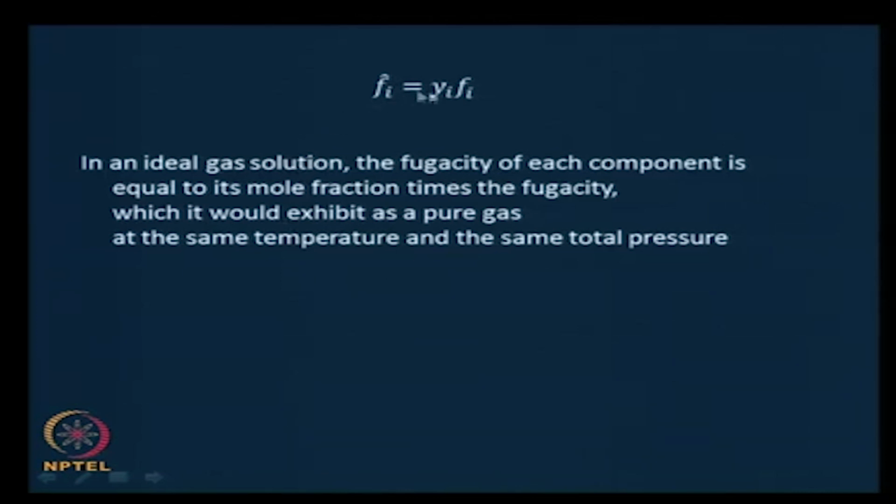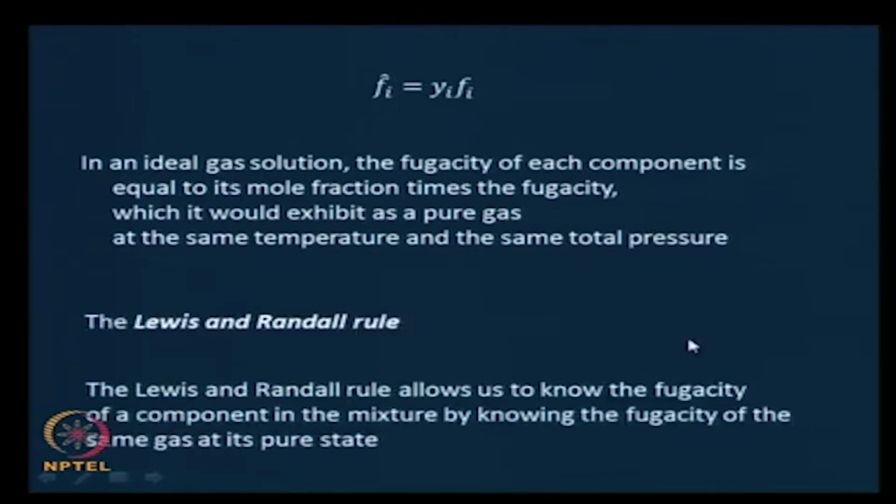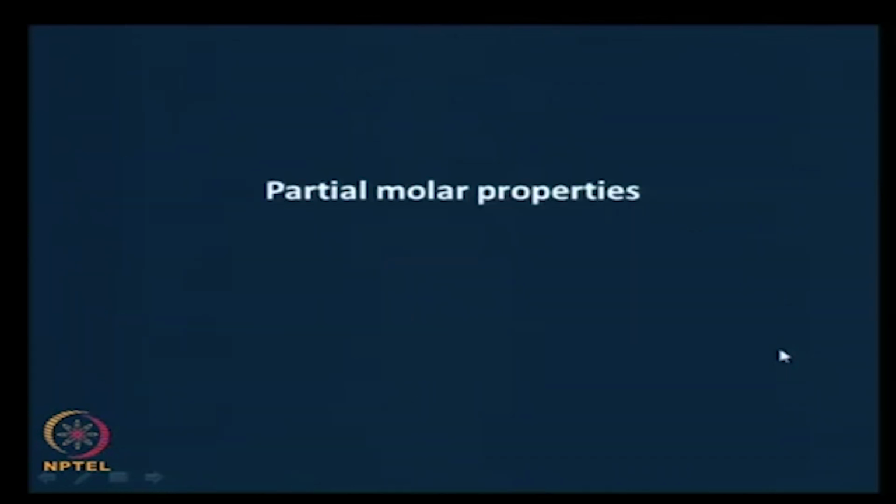This was the Lewis and Randall rule, which was powerful because the fugacity of the component in solution, f I hat, is nothing but the product of the mole fraction and the fugacity of the pure component, and this can happen only in ideal solutions. This is the Lewis and Randall rule, and since solutions are not ideal,